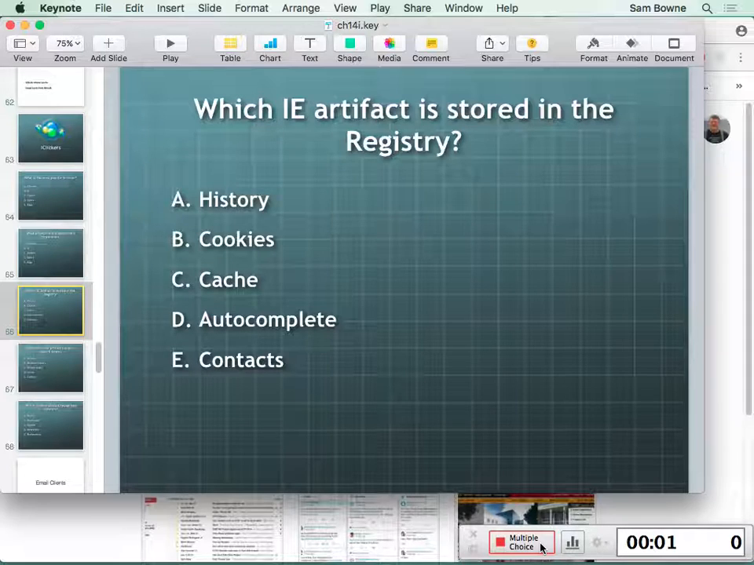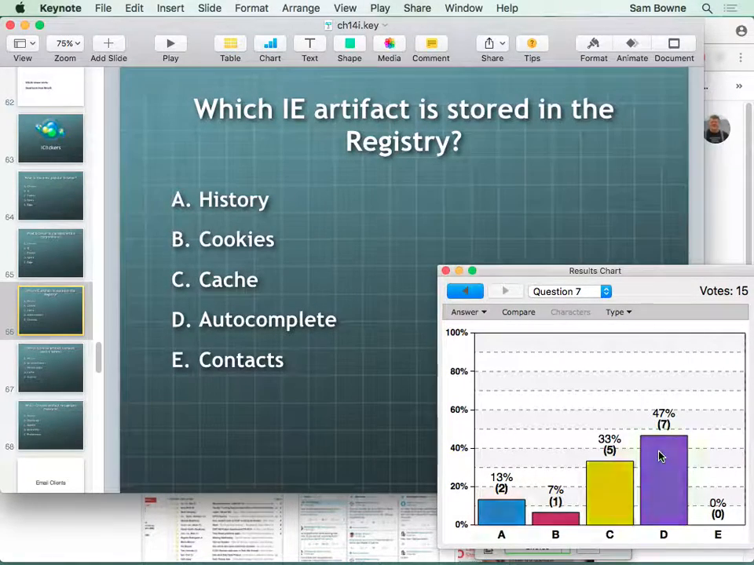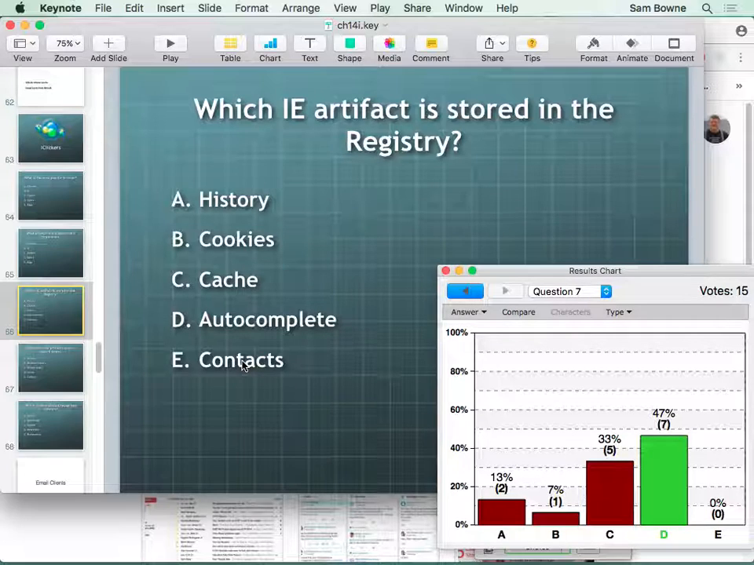Which IE artifact is stored in the registry? All right, and that's autocomplete. The other answers are all stored as files, and that's not an IE artifact. That's for things like instant messengers. These are all files stored in various places, but autocomplete is in the registry,